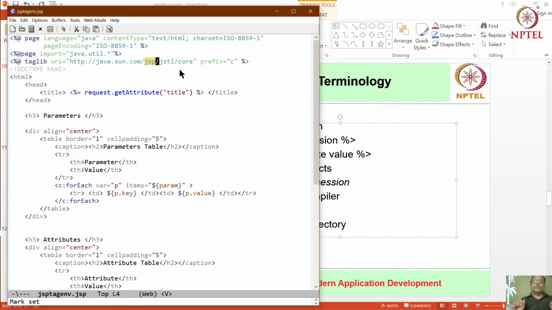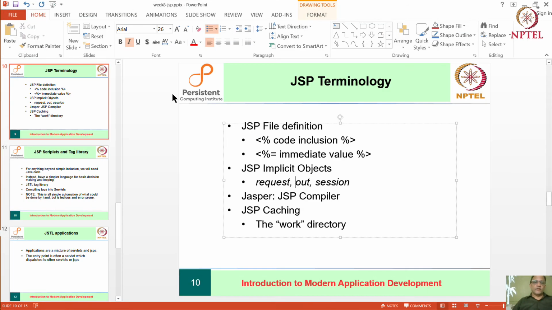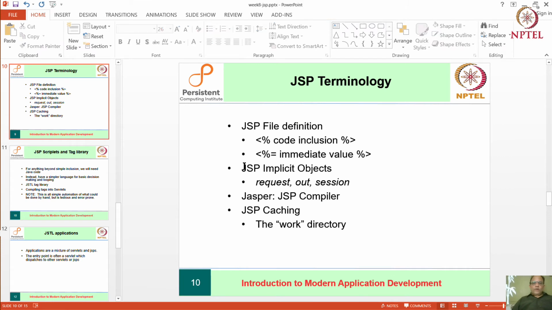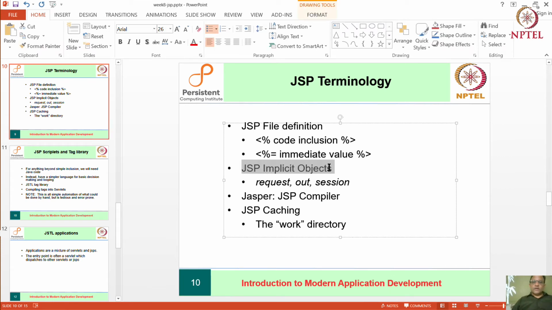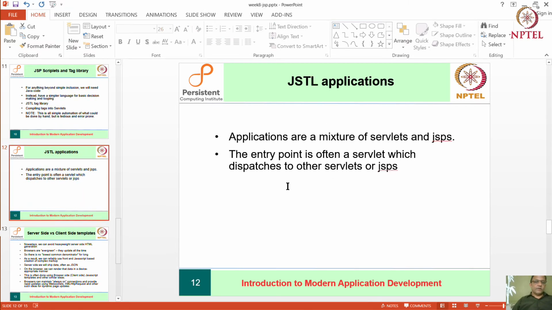The core idea I just want you to keep in mind is this is basic string jugglery, no more, no less. But you do need access to some data, and so you have to work with Java objects in order to get that access. What happens then is certain objects become implicitly available, such as request, out, session, and for the JSTL there are implicit objects.